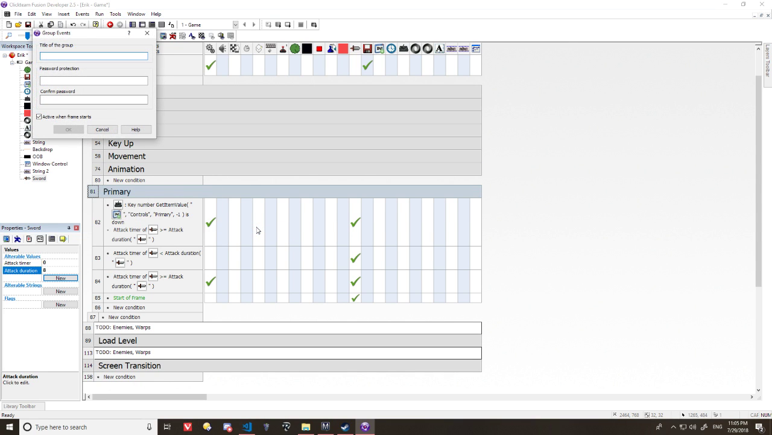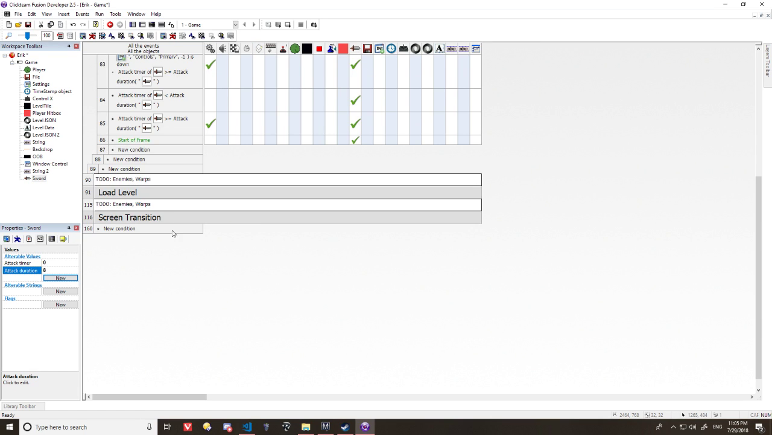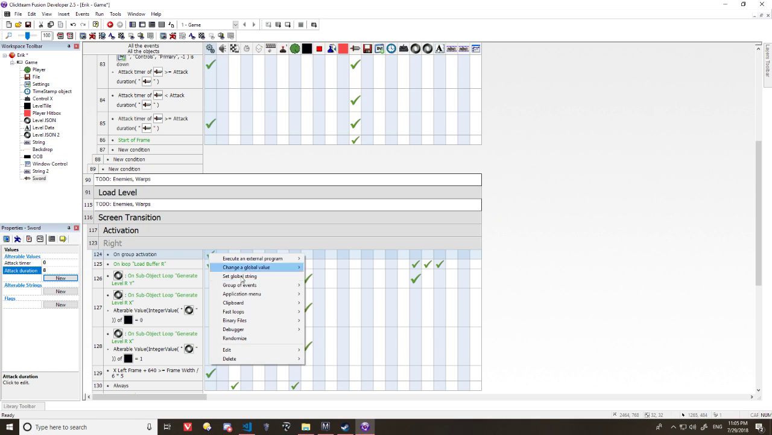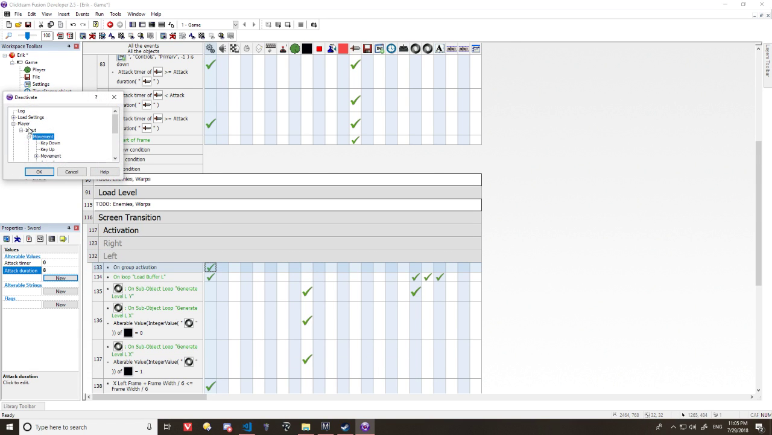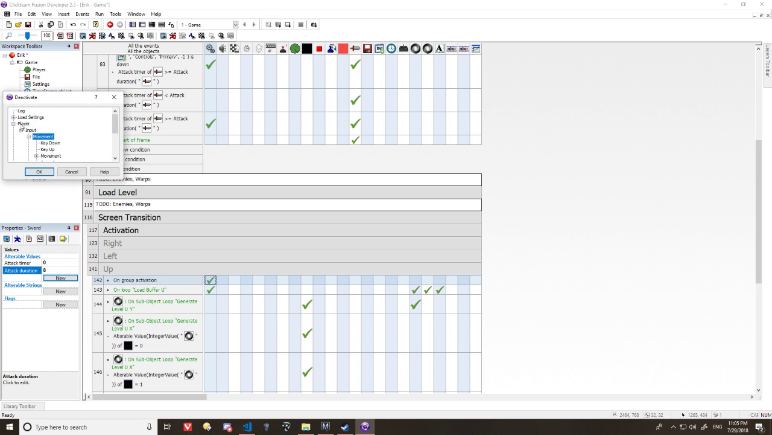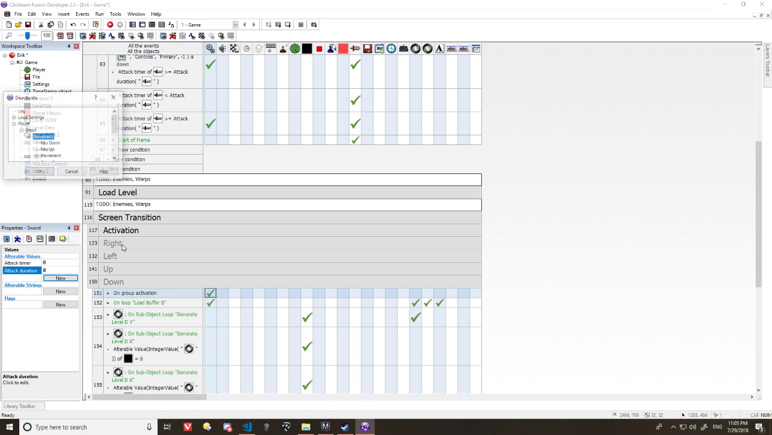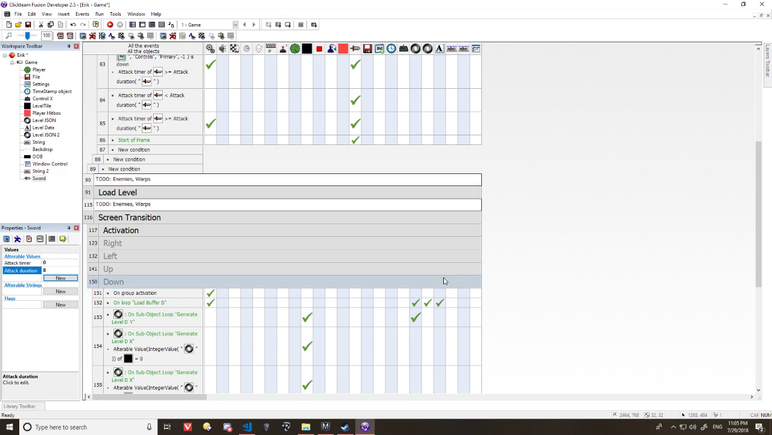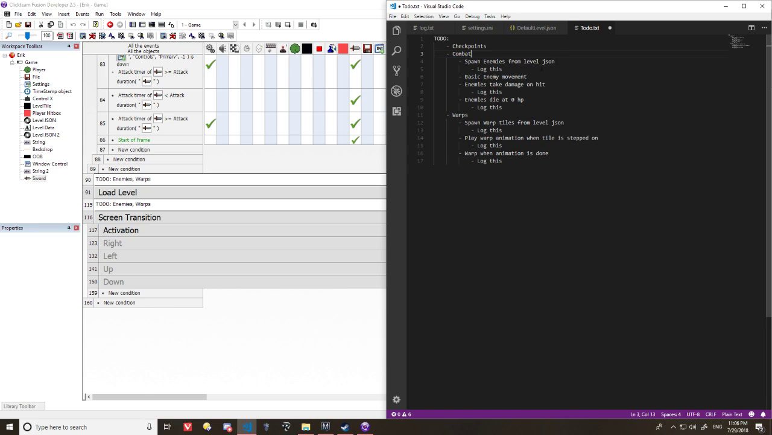I could make a group of events, input, put both of these in here, and then disable both of them instead of just movement when you are transitioning. So now, do that,